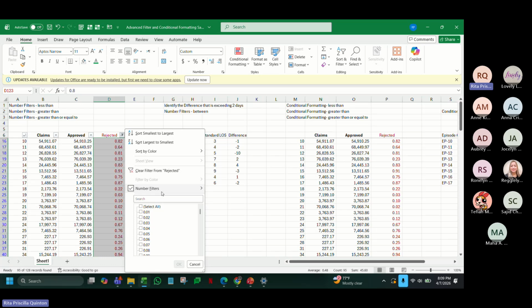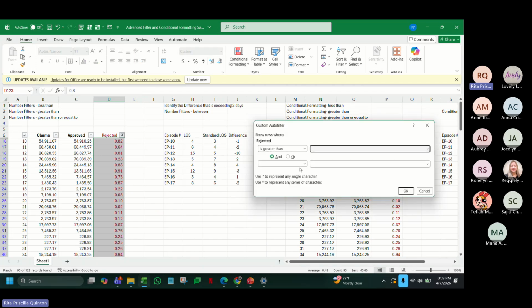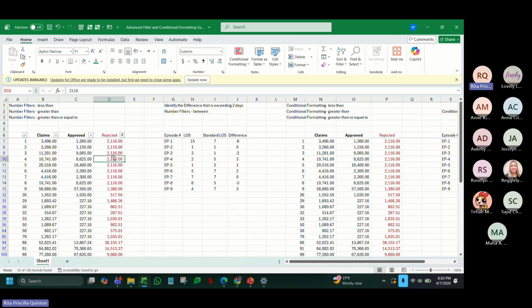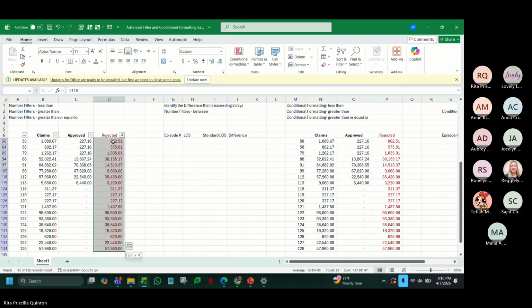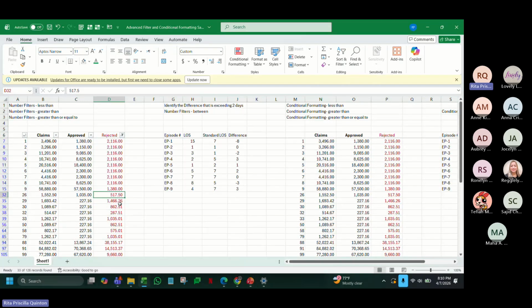If I don't want to see less than 1 riyal, then I will move on to the next, which is greater than. So I will only choose those greater than 1. Now, how many lines do I have left? It's only 33 lines. So I still have here less than 1,000.